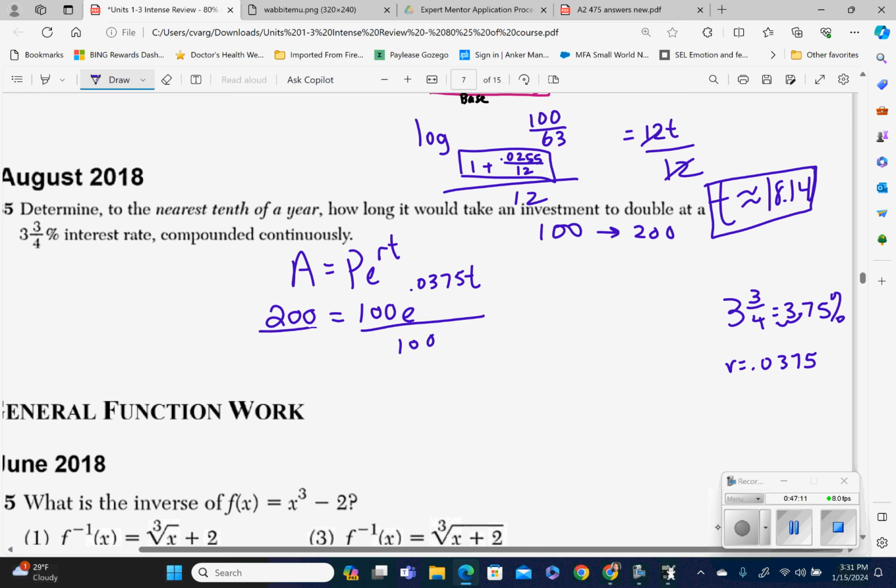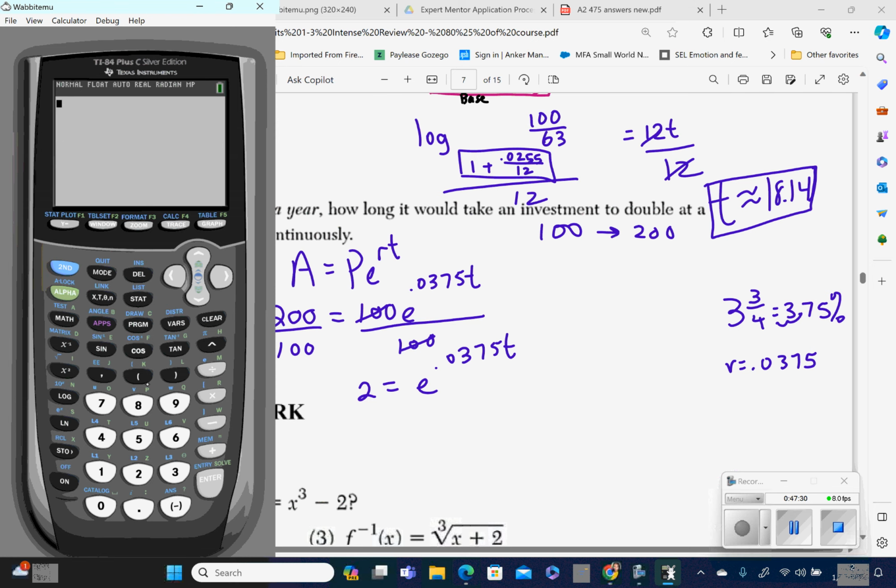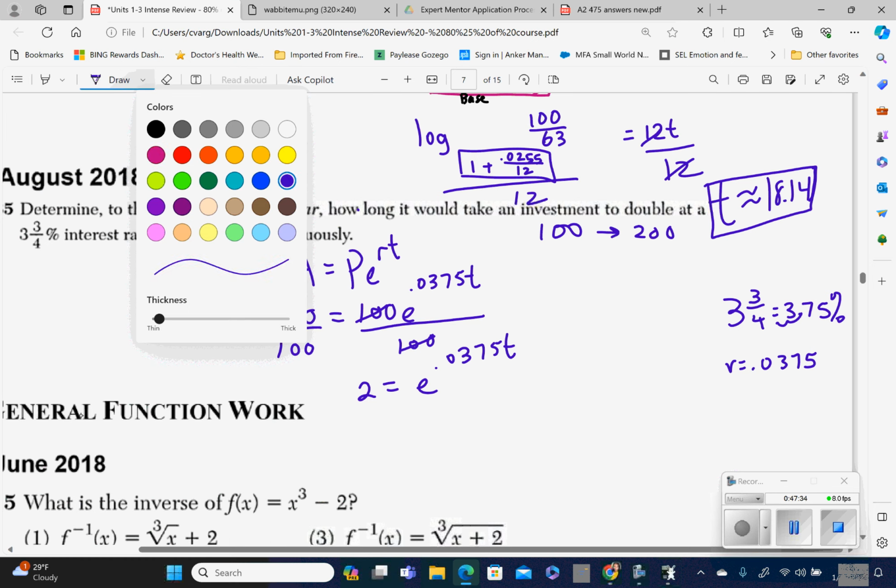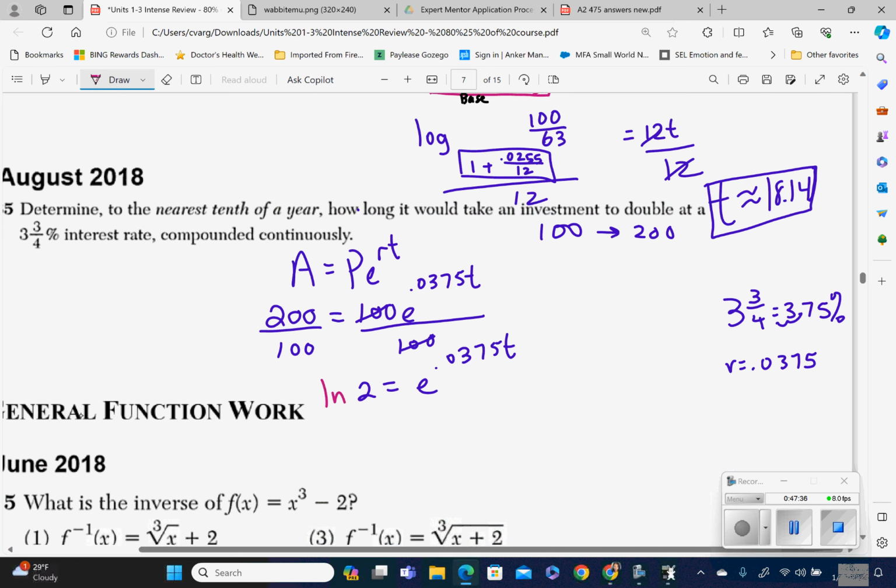Let's remember our calculator. Where is the e located? It's right above the ln, okay? So the opposite of e is ln. So I'm going to use my different color. ln the left, ln the right. As soon as the ln and the e are next to each other, they cancel out. So I have ln of 2 is equal to